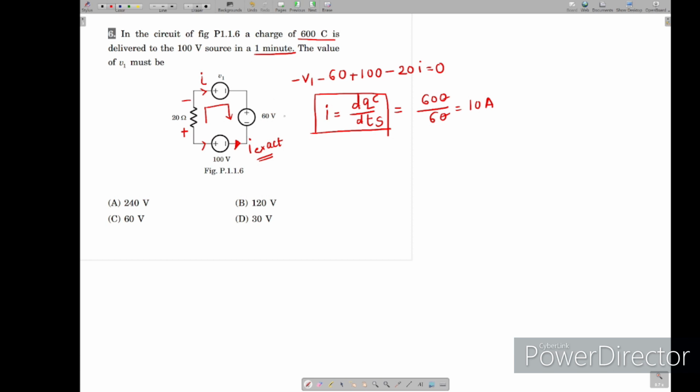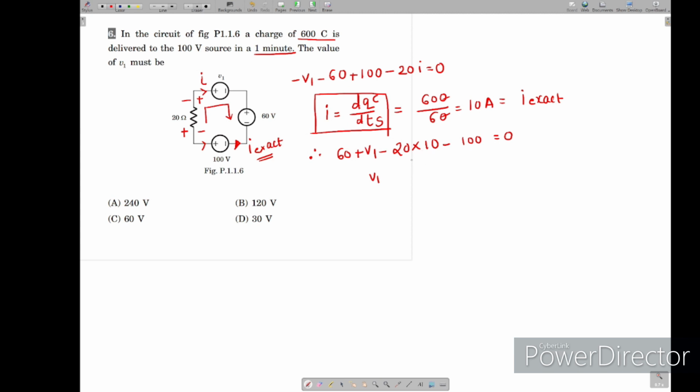So I found the I. Now I will write the KVL: 60, again positive V1, now the current entering like this, minus 20 times I, which is 10, minus 100 equal to 0. So V1 equals 200